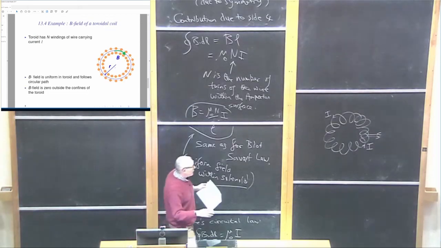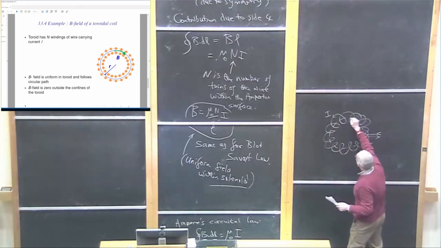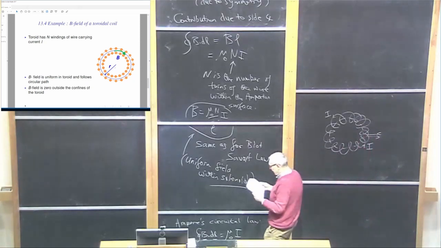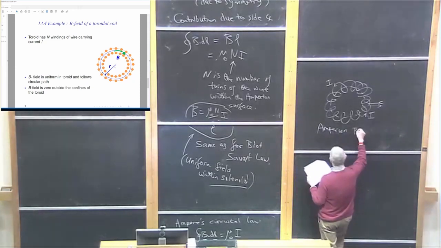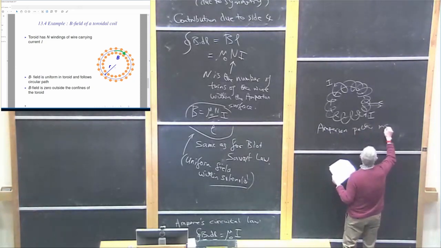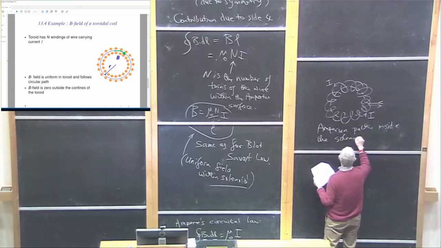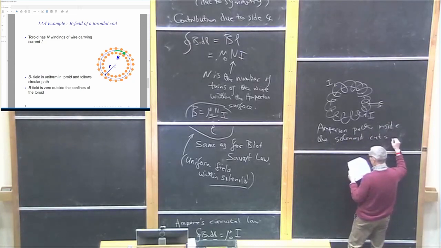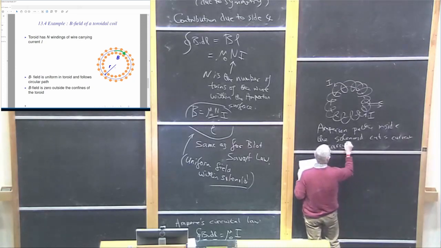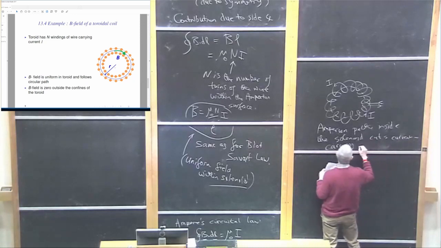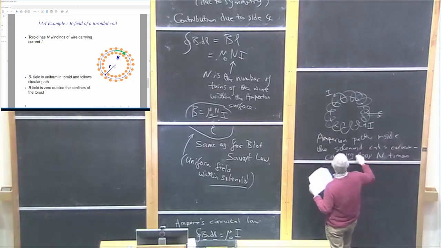Right. So now I come to the toroid, and the same applies. Here's my Amperian path, straight through the middle of the toroid. So the Amperian path inside the solenoid cuts the current carrying loop N times. Right, so here's the path,